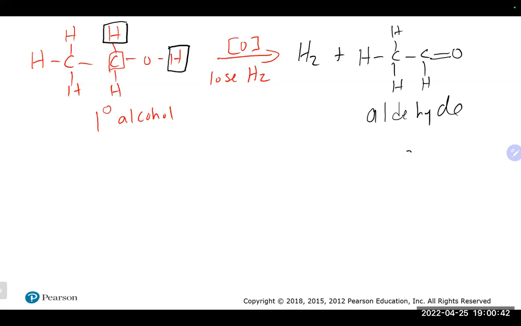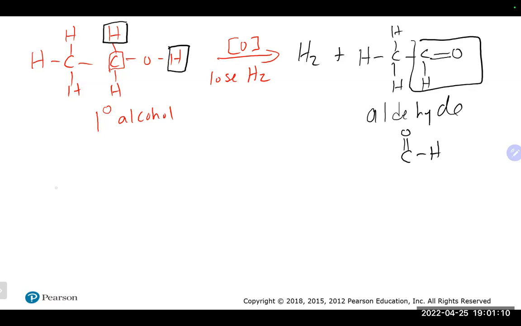That's the only difference. This makes what is known as an aldehyde. And the functional group of an aldehyde is actually this right here. So if you take a primary alcohol and put it through an oxidation reaction, you always take a hydrogen off the carbon that's attached to the OH, and you take the hydrogen off the OH. And you just simply make a double bond between the carbon and the oxygen. Everything else stays exactly the same. Question on that one there.